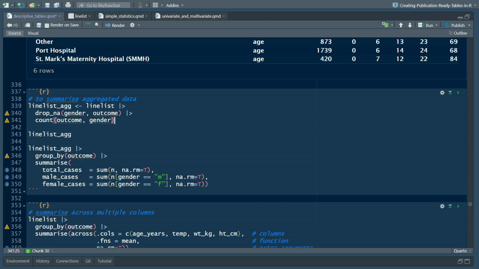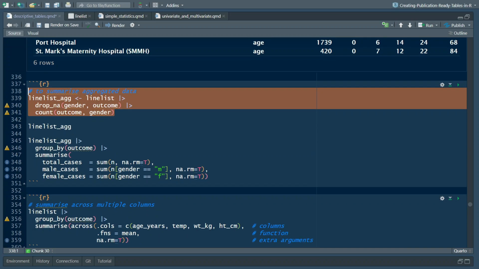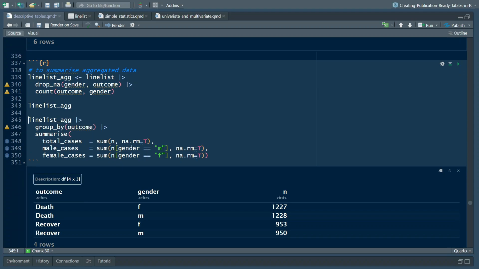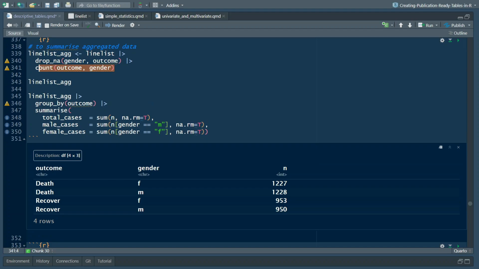Okay, so we have summarized aggregated data. I want to summarize your aggregated data. This is an example that we have now. If you look at this, this is an aggregated data. First of all, we chain our line list. We first of all drop missing values that are under the gender and outcome columns only. Then we count it. So this is an aggregated data. Now we can summarize this particular aggregated data